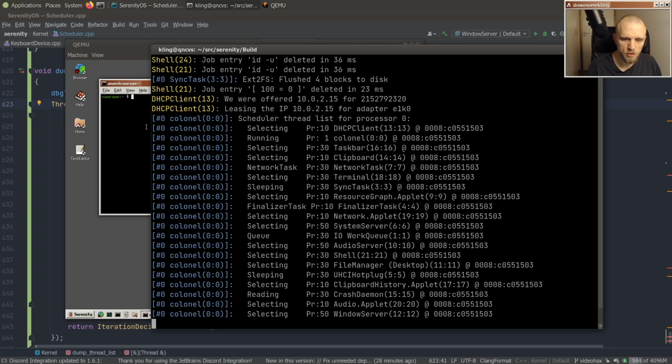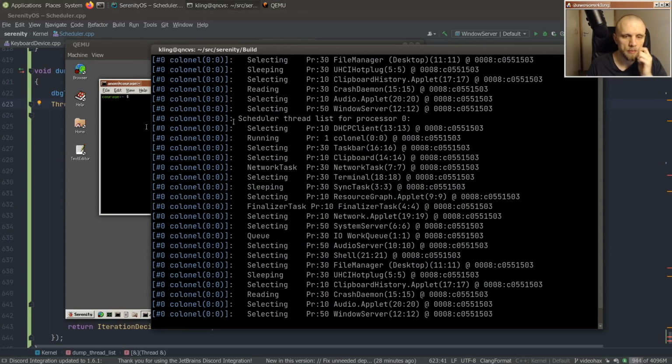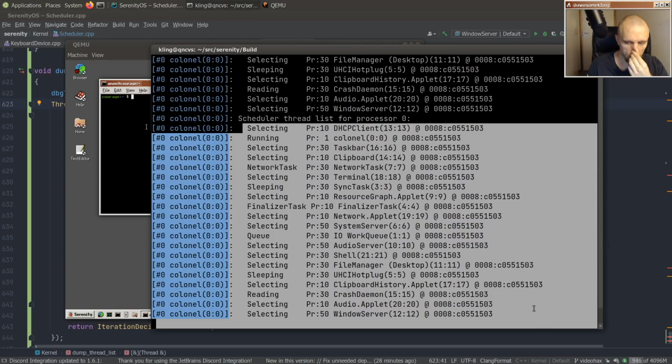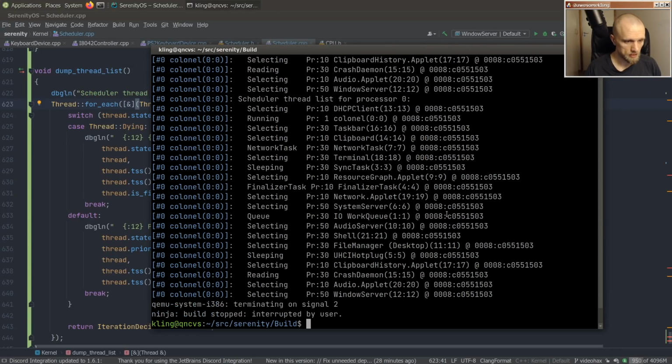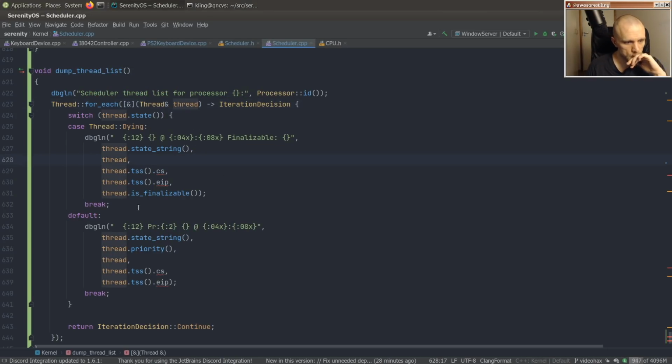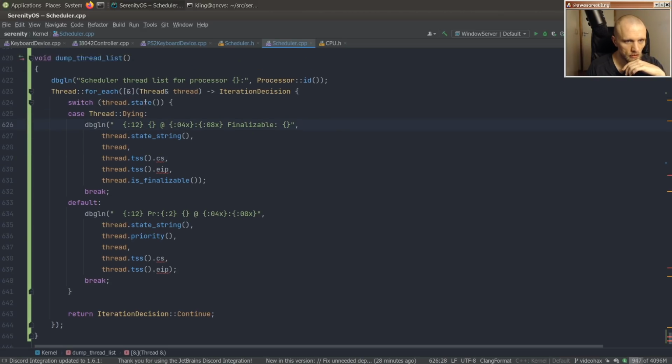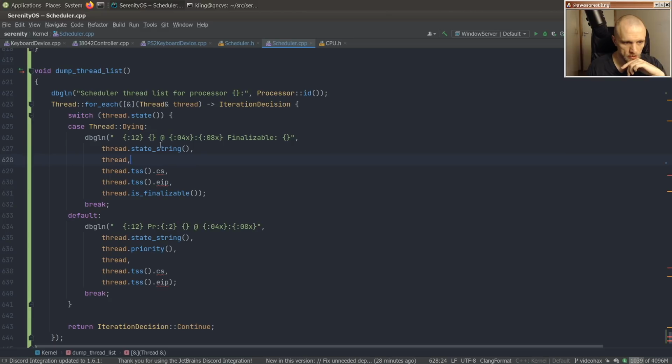Maybe it would be cool to show how many times each thing has been scheduled, which is basically how much CPU time a process has used, because then you could keep hitting Alt-Shift F12 and you would see if somebody is burning CPU cycles because they keep getting scheduled. So let's add that. So we have the state string, and EIP, and then I guess we'll put the cycles before the